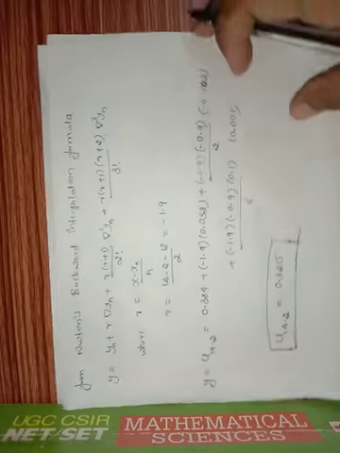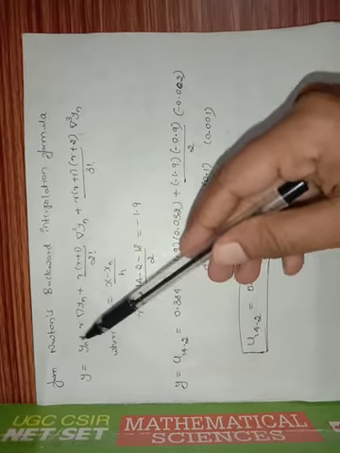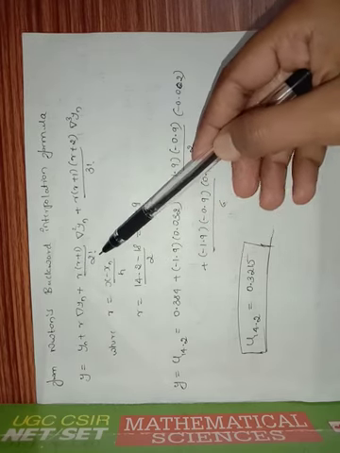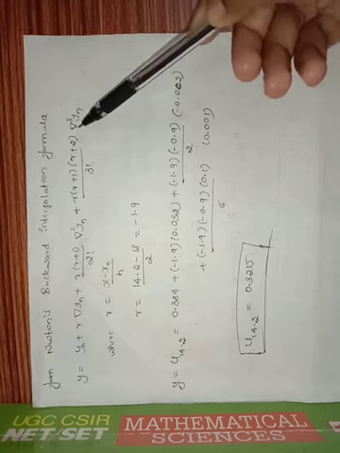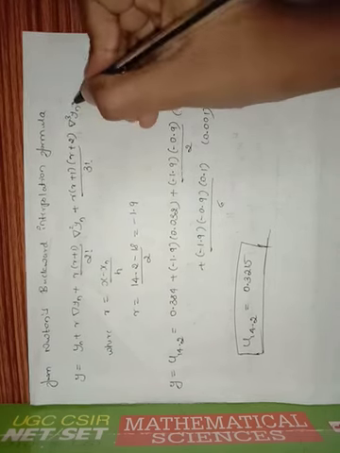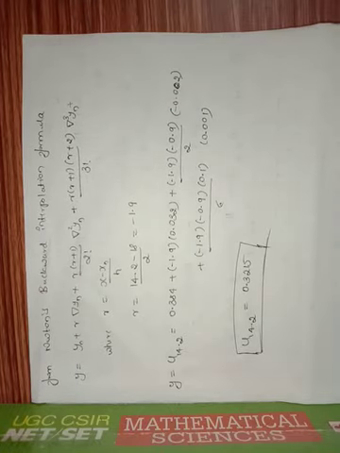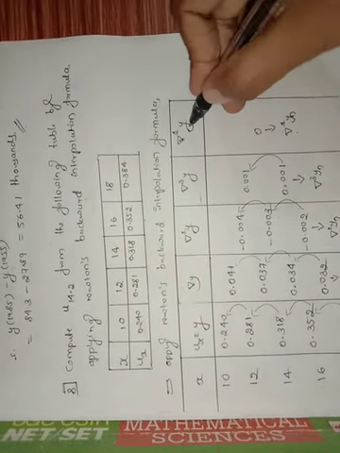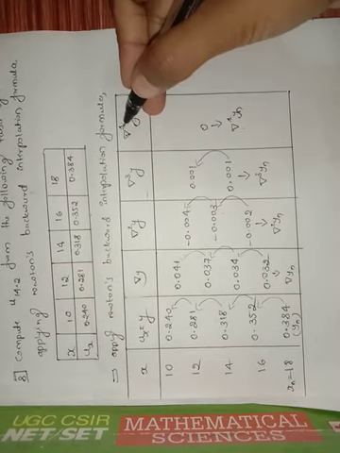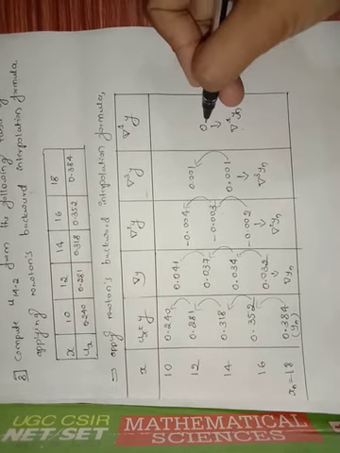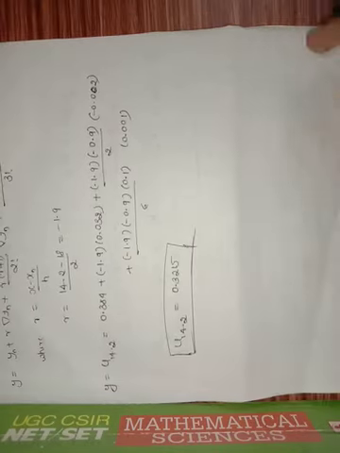Then write down the Newton backward interpolation formula. y equals yn plus r into inverse delta yn plus r into r plus 1 divided by 2 factorial inverse delta square yn plus r into r plus 1 into r plus 2 divided by 3 factorial inverse delta cube yn plus so on. You can continue up to inverse delta raised to 4 y, because we have it as the end column of the backward difference table, but the value of inverse delta raised to 4 yn is 0. Then in the substitution there is no need to take that one, because its value is 0.